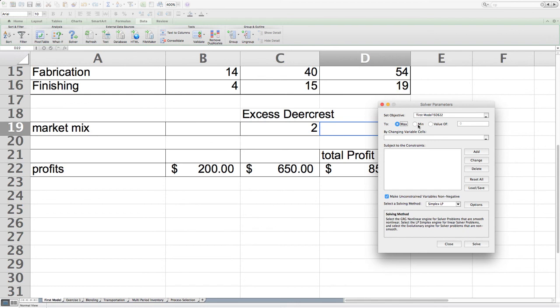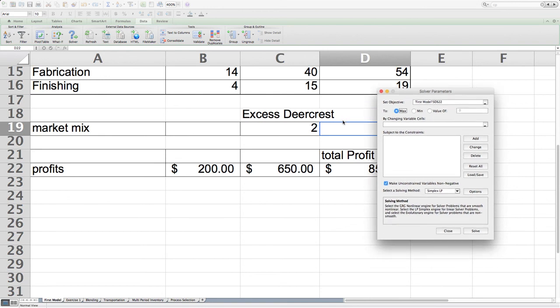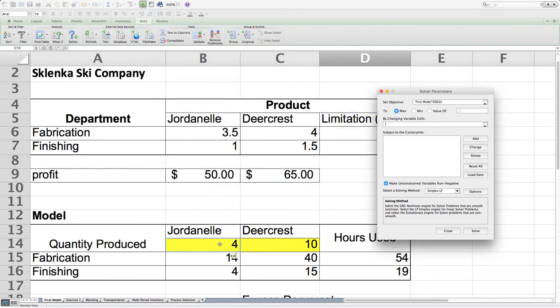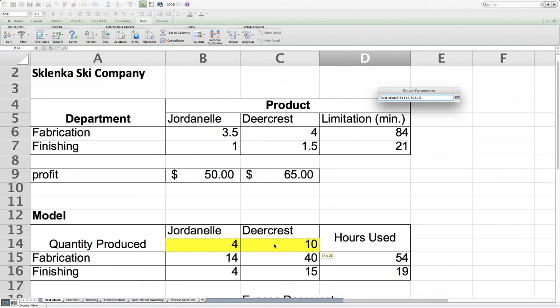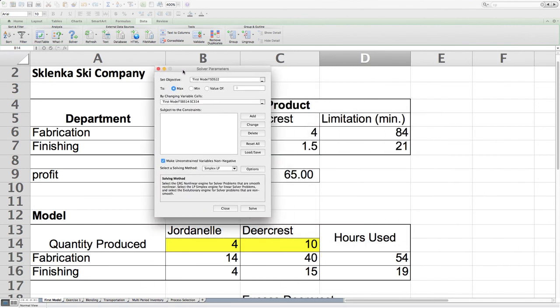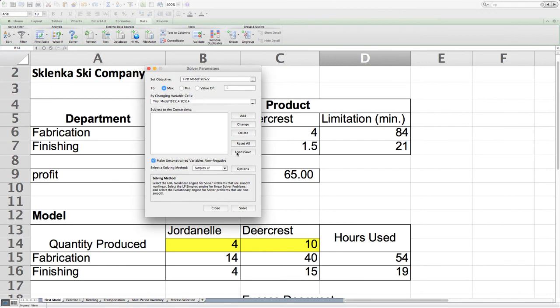Definitely, I don't want to minimize my profit. It says By Changing Variable Cells, which cells you are going to change so that helps you maximize it. I will select my decision variable cells right there, and subject to which constraints? I got mainly 3 constraints. The first one